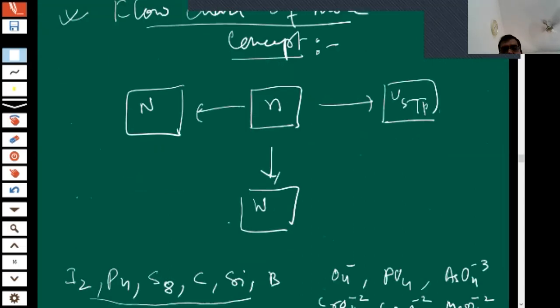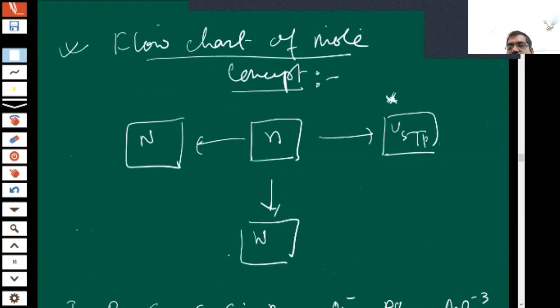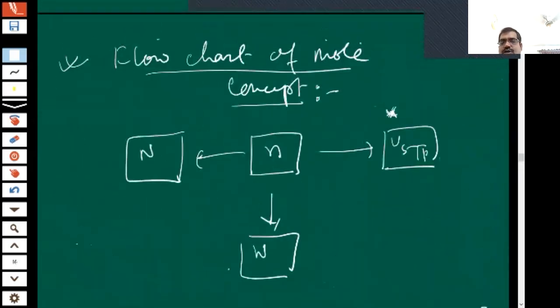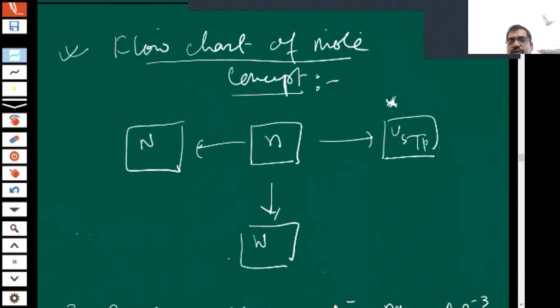Okay, so see, when you are moving from number of moles to the volume, this is especially for volume of gases at STP, standard temperature and pressure. Temperature 273 Kelvin and pressure is equal to 1 atm. That is known as standard temperature pressure. So I hope you remember this formula. When you are moving from this side to this side, you can use it: volume at STP is equal to number of moles into 22.4 liter per mole.